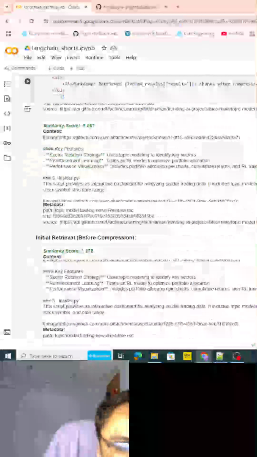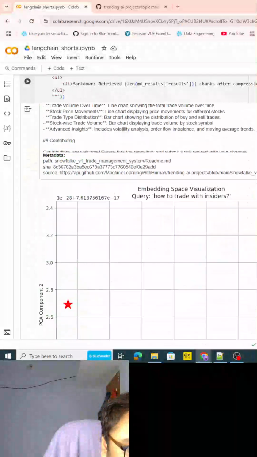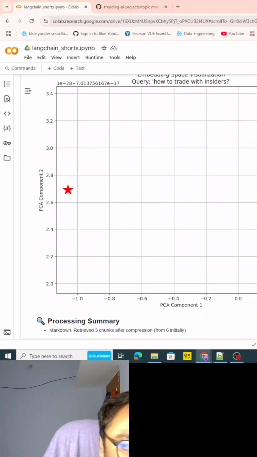Okay, and if you see here in our PCA analysis, this is where our query resides, and this is where all the documents reside. So this is how you